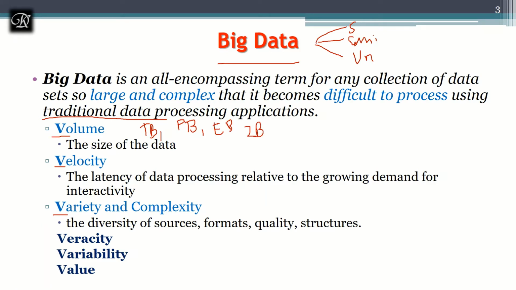In our computers we use a terabyte, but the data generated every day throughout the world is in terms of petabytes. In 1 month or 2 months, the data generated throughout the world will reach an exabyte, and the accumulated data of 1 year will reach a zettabyte. So we have huge data being generated everywhere.